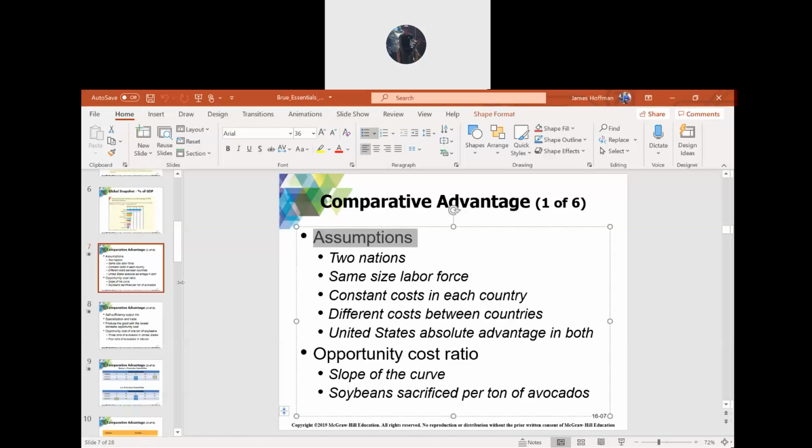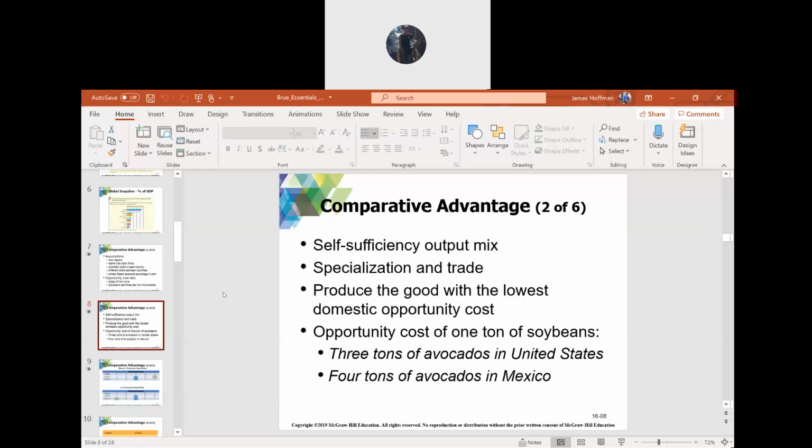Okay, and basically the opportunity cost ratio is going to be the slope of the curve, and we're going to look at linear examples to make it a lot easier. So this example in the PowerPoint takes two countries. I think it's the U.S. and Mexico, and the two goods are avocados and soybeans. Okay, and so we're going to show the concept here, how you can have specialization and trade,